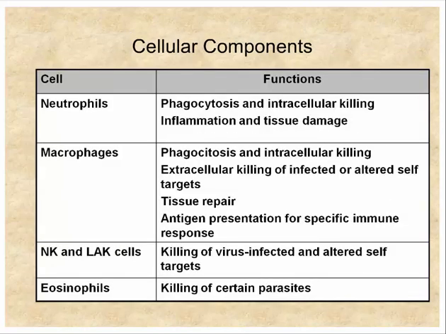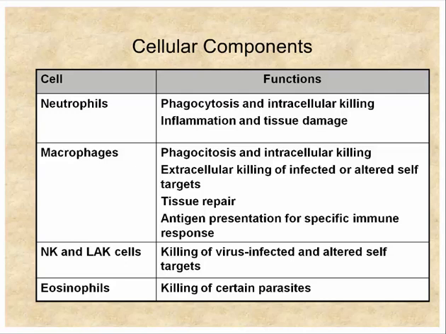Okay, but what we want to concentrate on are the cellular components, the neutrophils. Primary job, of course, is phagocytosis and killing any bacteria that it phagocytoses, that it eats, okay? But neutrophils also play a role, obviously. They contribute to the inflammatory reactions and in the tissue damage. We're going to see that the products that they produce can actually cause tissue damage.